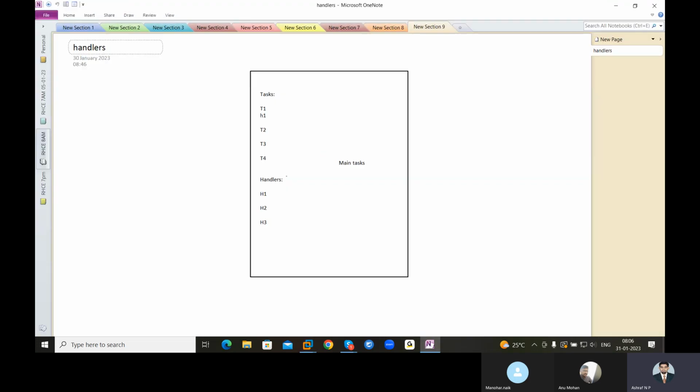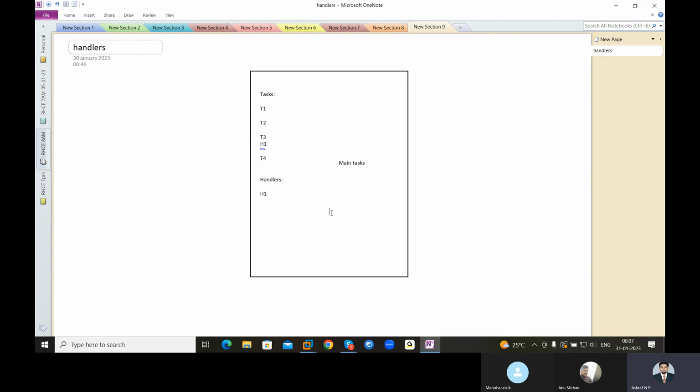Imagine there are, listen well, 1, 2, 3, 4 tasks. There are so many tasks here under the tasks key. These are called main tasks. We have four main tasks, and there is only one handler task. Listen well, this handler task is notified from main task 3, T3. So there is one handler task, four main tasks, and the handler task is notified from T3.